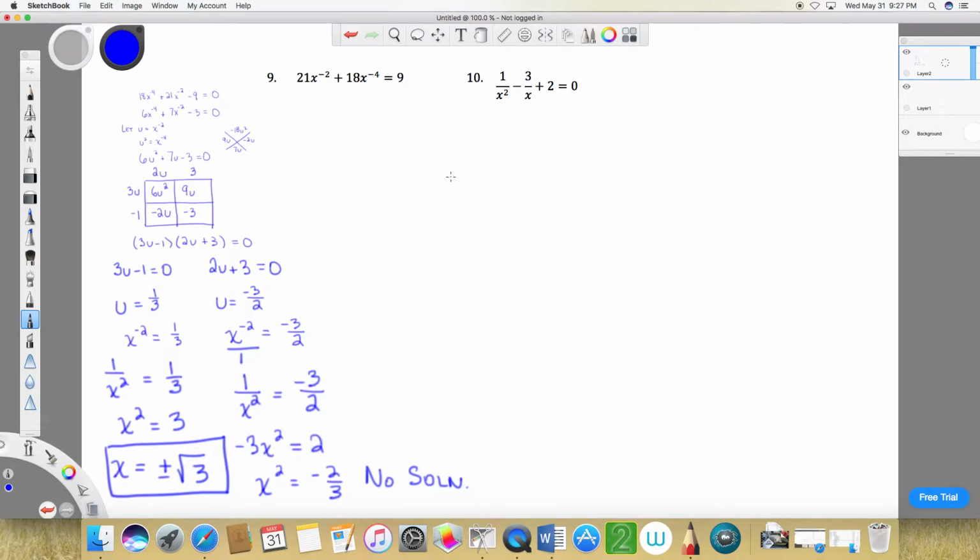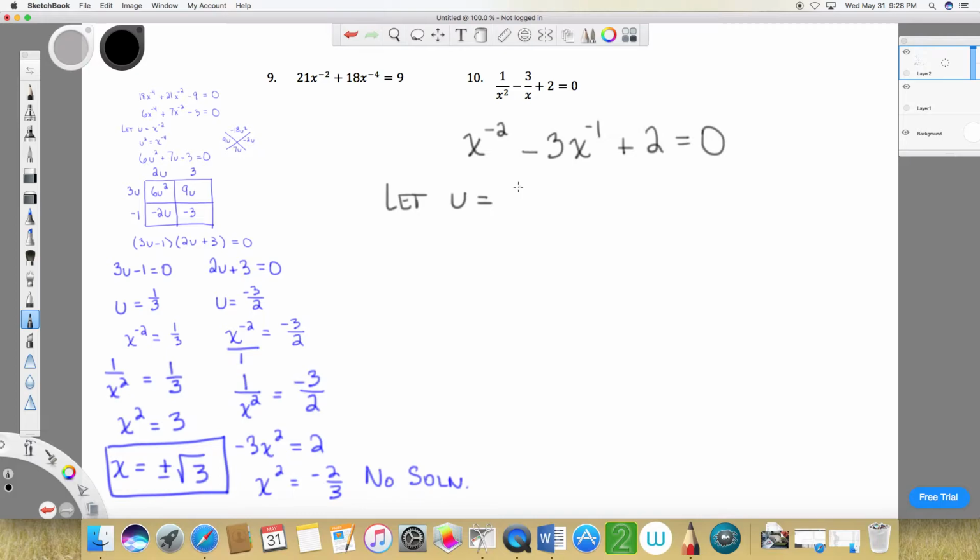All right, so let's take a look at this next problem. And again, maybe let's rewrite this. This 1 over x squared, I can change the location of that base within a fraction if I just simply change the sign of the exponent. So 1 over x squared can be rewritten as x to the negative 2nd power, and minus 3, this 1 over x can be rewritten as x to the negative 1st power. And now you can see maybe a little bit easier that this is quadratic in form, that half of negative 2 is negative 1. So by a change of variable,